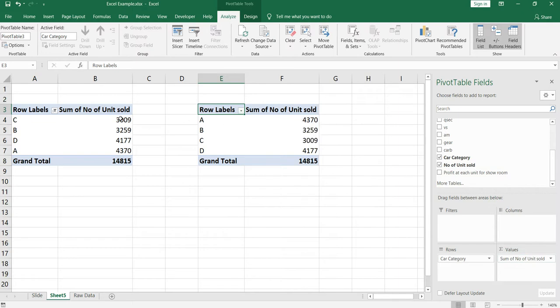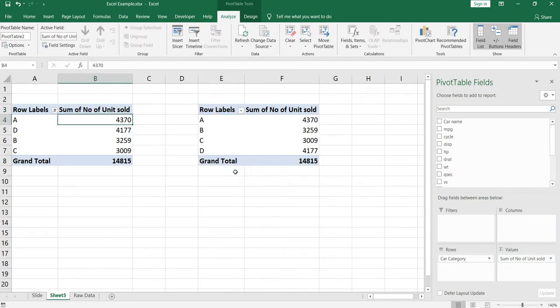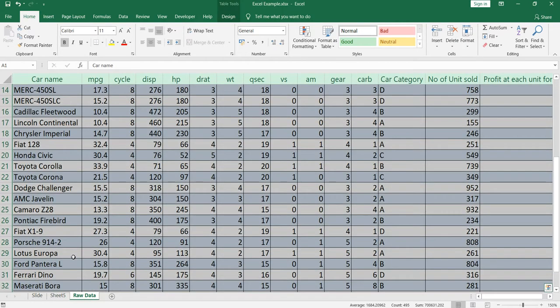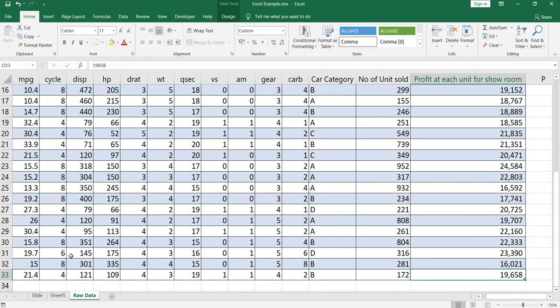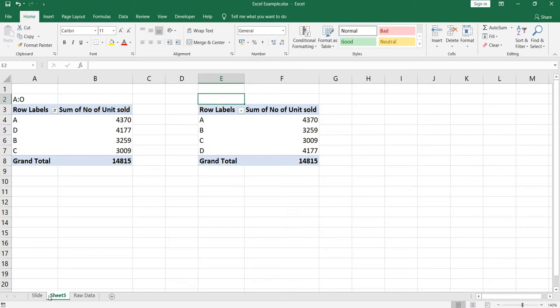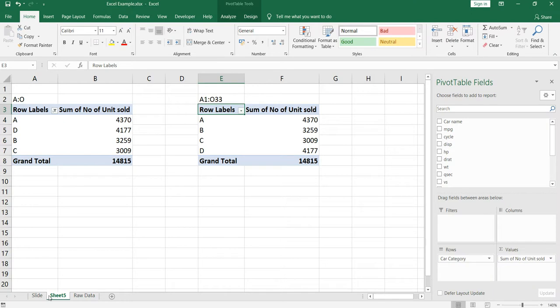In order to show you that everything is the same here, in the first pivot we selected the entire column A till O. For this one we had selected from A1 till O33. Now why should we select the entire column when we are creating a pivot table?